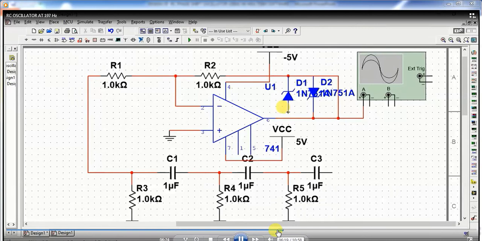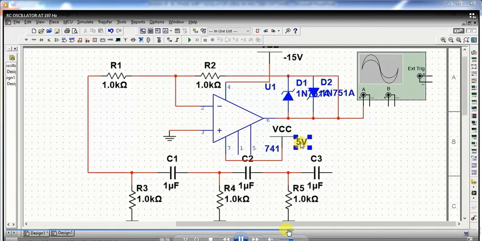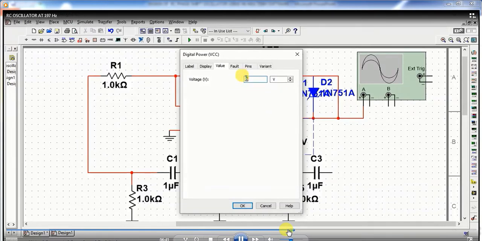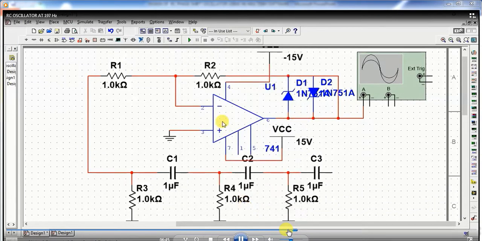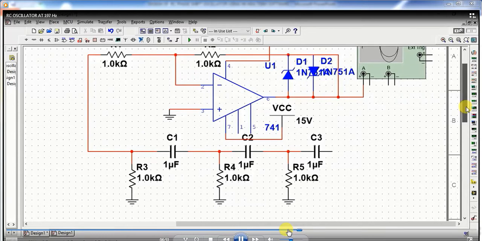Connect this terminal to the output pin, that is pin number 6, and you can also change the value of the supply voltages. Here the supply voltages are plus 15 volt and minus 15 volt, so you can change the supply voltages plus VCC and minus VE.